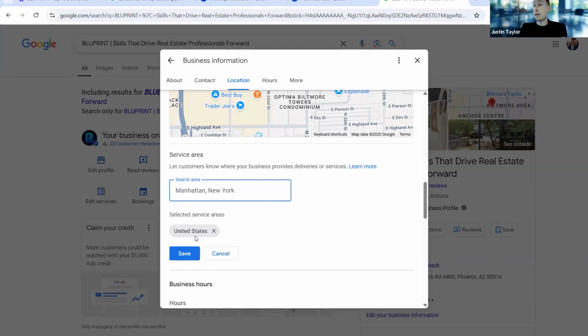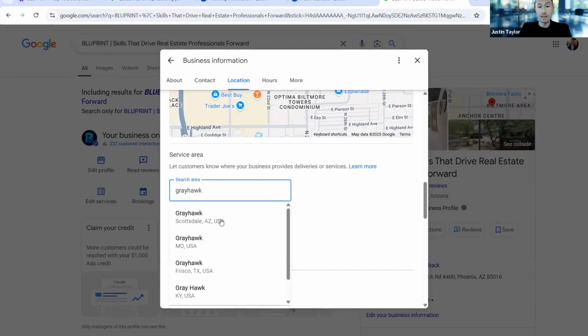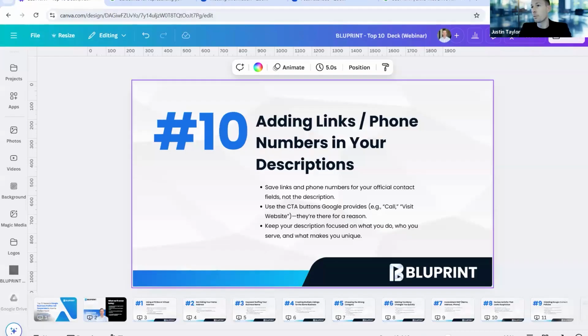Like for instance, in North Scottsdale, we have a community called Greyhawk. It's not a city, but Google is pulling it up as under Scottsdale. So a lot of times subdivisions or those local communities are part of this area as well. Google wants to be as local as possible. So I would definitely recommend adding in all of those service areas in there, in addition to the major metropolitan name, but then what are the sub areas that are under there? And I'm not saying they're all going to show up in Google, but a lot of them do, which would be a great benefit as well.